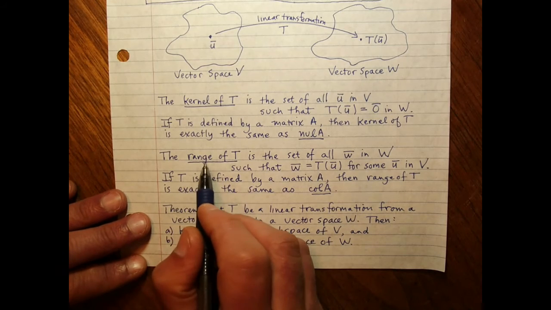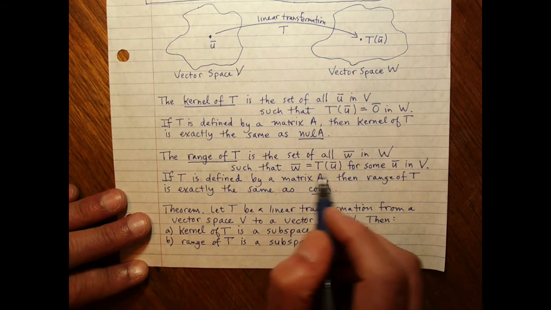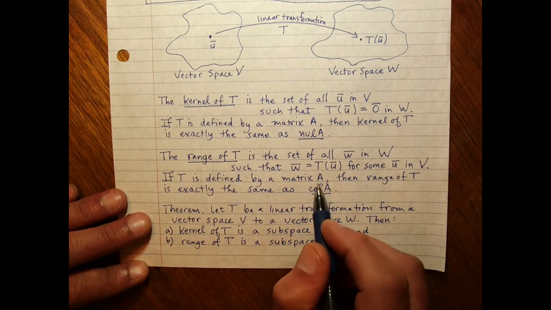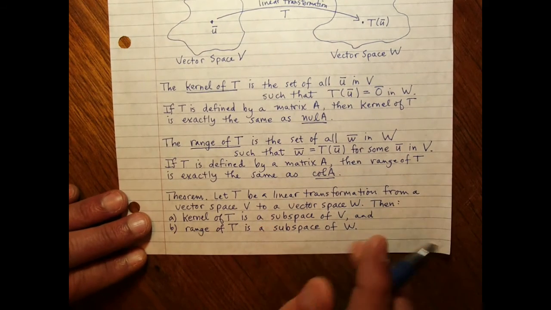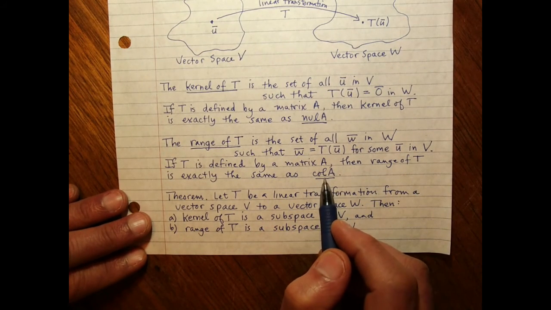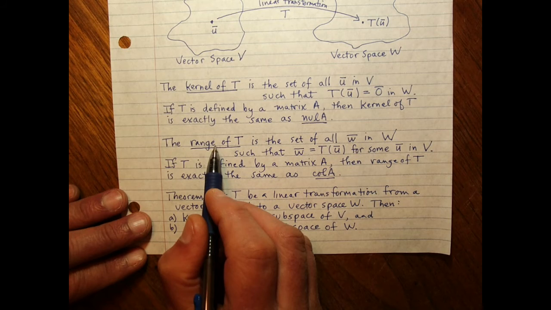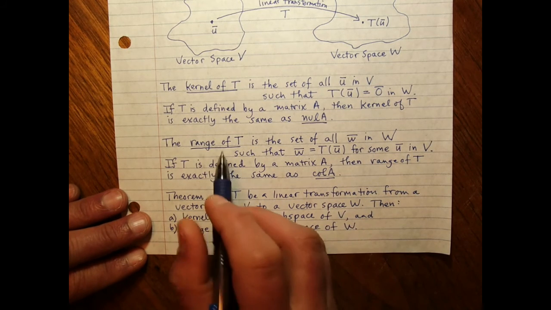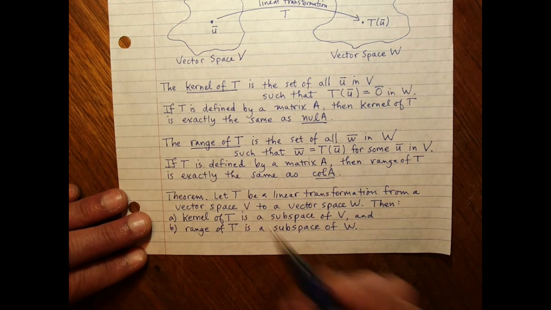And similarly, the range of T is the set of all w in W such that w equals T of u for some u in V. If T is defined by a matrix A, then the range of T is exactly the same as the column space of A. And in this course, it's okay if we interchange range and column space. In fact, we've already seen that the column space of a matrix is the range of a linear transformation defined